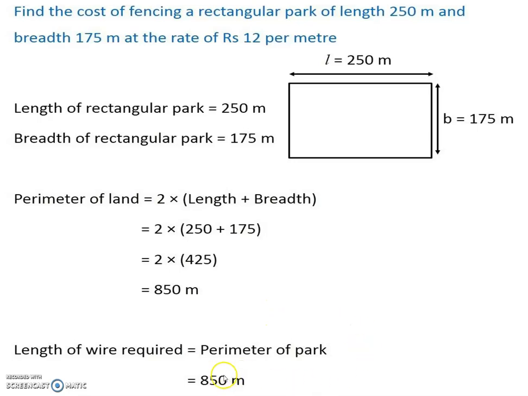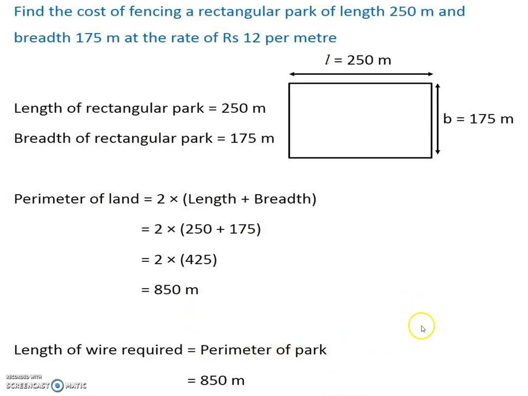So what is then the cost? Yes, 850 into, we have to calculate what? 850 into which? 12. So what is the cost then we have to find? What is the cost? Yes, find quickly. That is 10,200. How is it found? I multiply 850 into 12. We require the final answer: 10,200. Now, we have to take the next example.